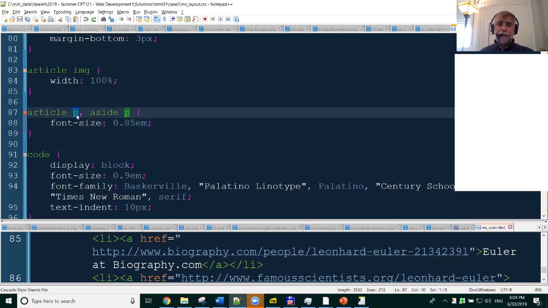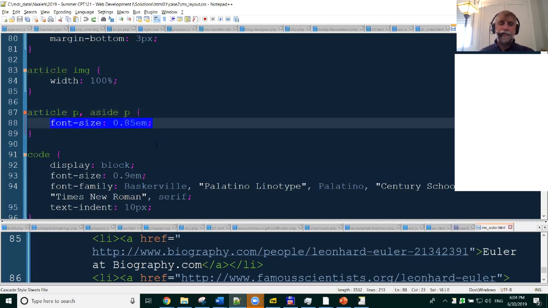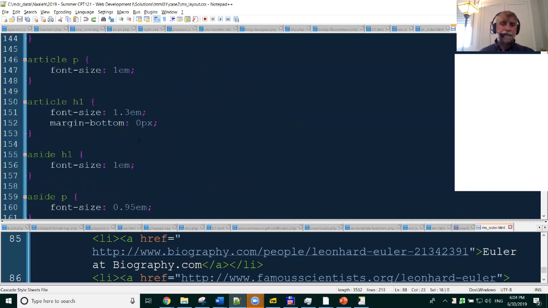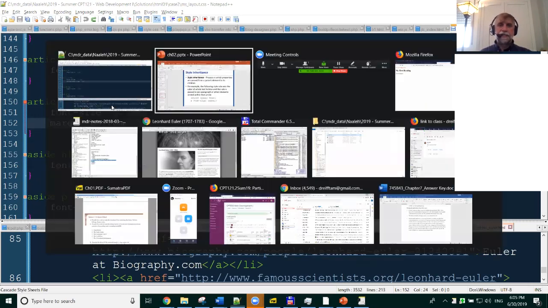By putting in a P, it's saying that the paragraph tag inside of the article tag should contain this information. Let's do another one here. Let's look at this one. The H1 tag inside the article tag should contain this specific. The font size should be the size, and the margin should be this specific margin. Again, we'll talk about the specific elements later on, but that's what it means as far as inheriting all the different types of